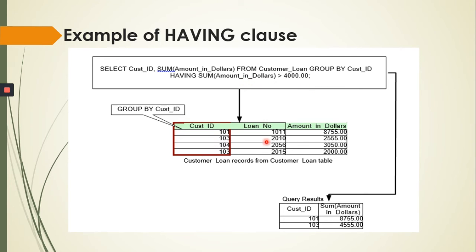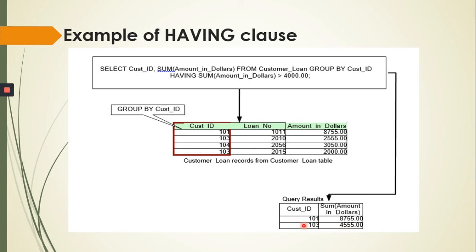Okay, so here for 103 it is 2555 and here 103 it is 2000, but we are using group by and we are using sum of amount. According to the group by concept, 103 appears only one time, and for 103 we are using sum, so 255 plus 2000. Okay, so output will be 455. This I explained in the group by clause.